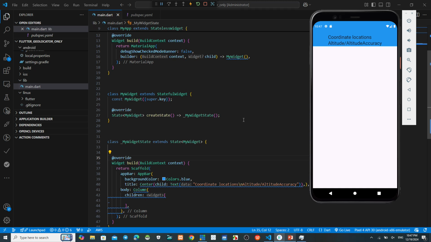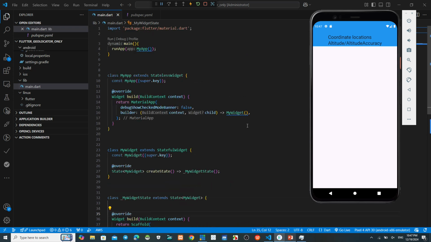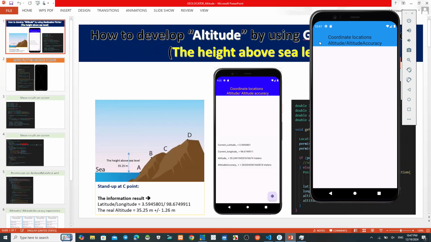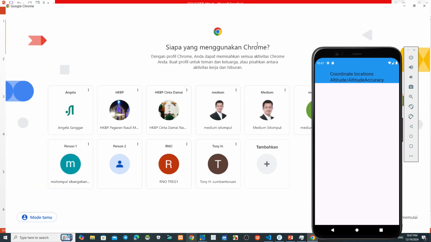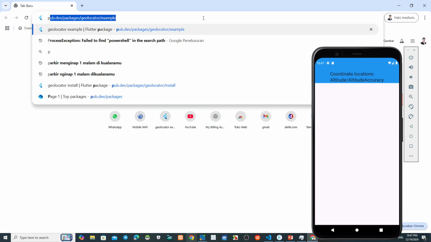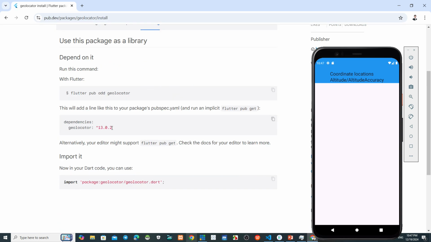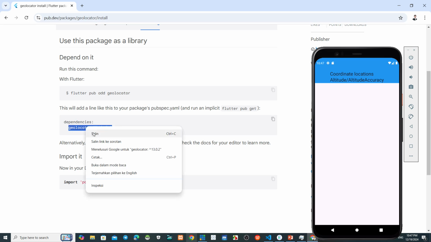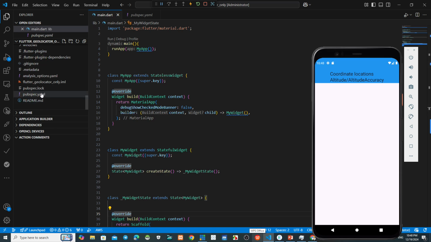Okay, after that, because we use this geolocator class, now we call from the pubspec here, from the Flutter pub.dev, this geolocator, how to install, click installing here, and then this one geolocator, we must copy this to this pubspec.